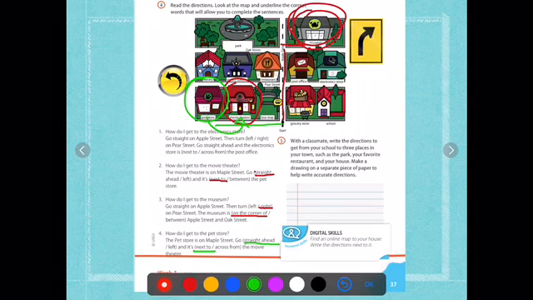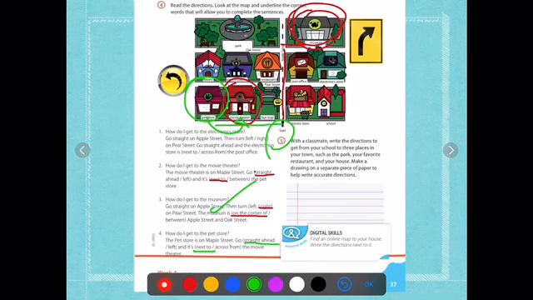Okay. And now on activity number 5, this is going to be alone. You guys have to write the directions to get from your school to 3 places. Now you have to think of Ibero as your school, okay, and you're going to get to 3 places. You may write your favorite restaurant, your house, okay, and here you're going to write how to get from Ibero to those places, the same way that you guys did